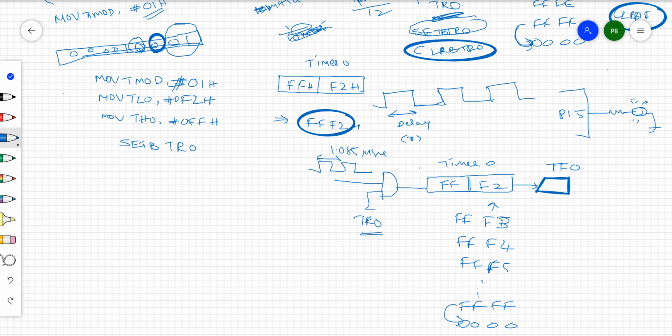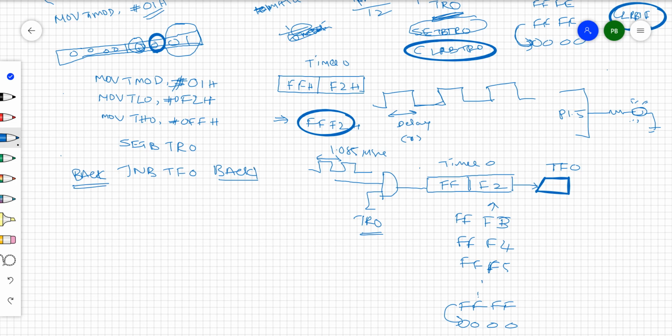By that time it's going to be 1, right? That means the timer overflow flag is not going to be 1 until overflow occurs. That is the reason here you need to check: jump if no bit of timer overflow flag 0 back to here only.